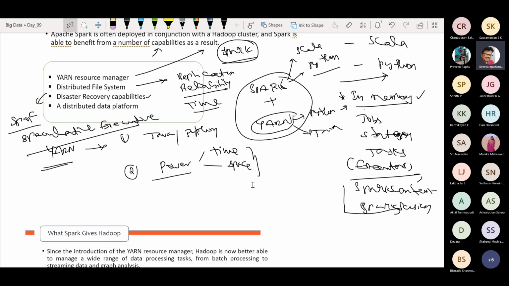And second thing is the distributed file system, because Spark can enjoy the benefits of that distributed file system. And as it is running on top of it, obviously you can manage your speculative execution, single point of failure, all these things. Because if you are doing friendship with a good person, a friend who keeps the team alive, who has the mentality of willingness, and who is a continuous learner,